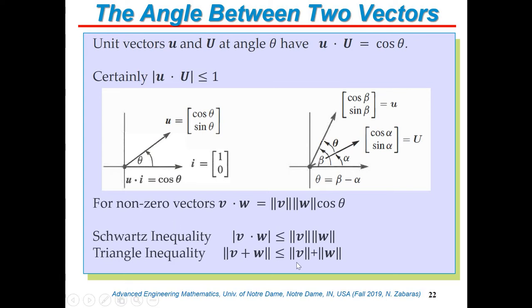I mean, the derivation is really simple because both left and right hand sides are positive numbers. To prove this, I need to prove also that the square of the magnitude of v plus w is less than the square of the magnitude of v and the magnitude of w. If you expand the square of the magnitude of v plus w as the inner product by definition of v plus w with itself, what will you get? You will get the magnitude of v squared and the magnitude of w squared plus 2 times the inner product of the absolute value of v and w, and that inner product is less than that, and then immediately you can see that the triangular inequality is actually true. Okay,